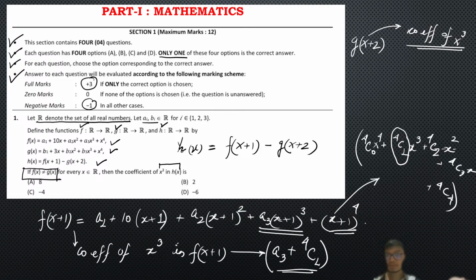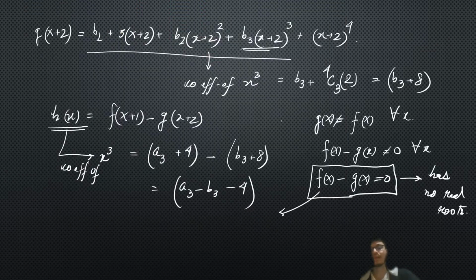So students were very confused over this particular place, that how should they proceed. But the biggest catch was that this equation, if it is not equal to 0, so I can write this equation is not equal to 0. Also, I can write this equation is equal to 0 has no real roots. Both are the same thing. So if I do this, this is going to turn out as,